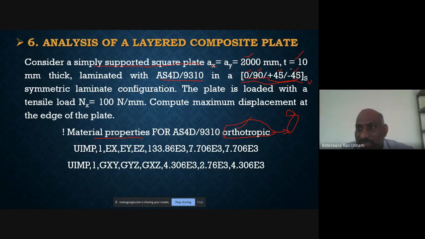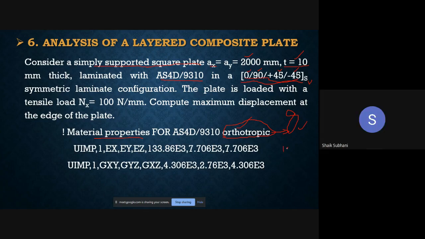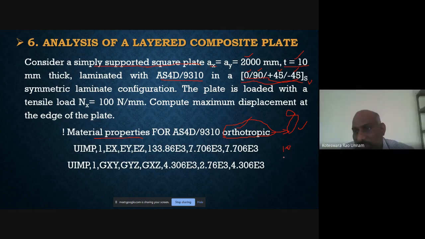Since the plate thickness is 10 mm and you have 8 layers, the thickness of each layer is going to be 10 by 8, which is 1.25 mm.